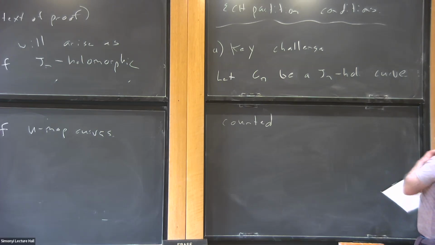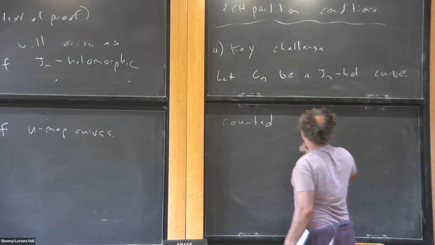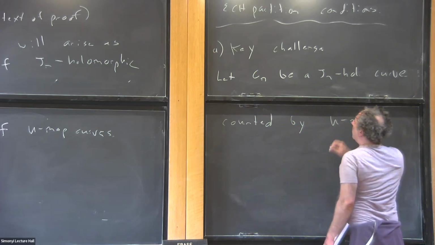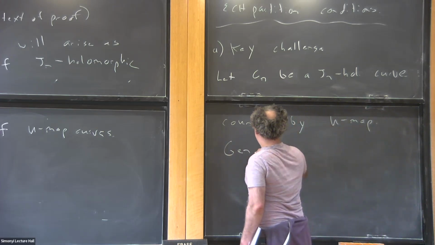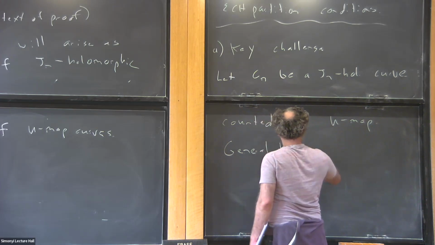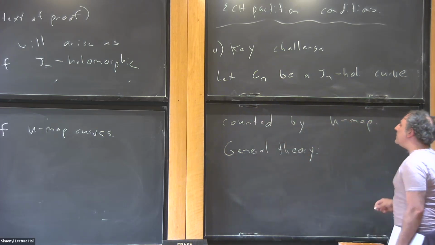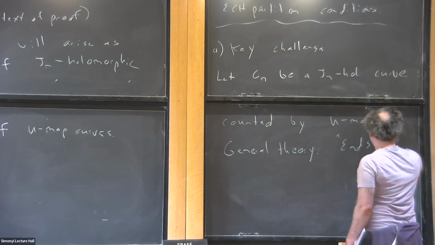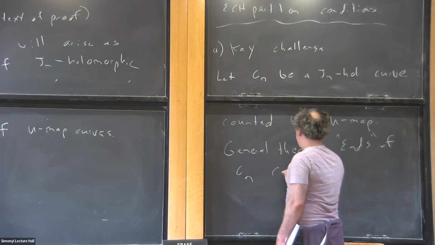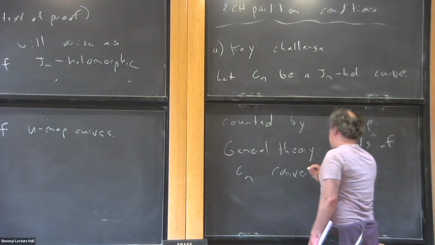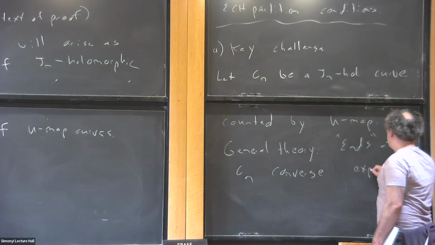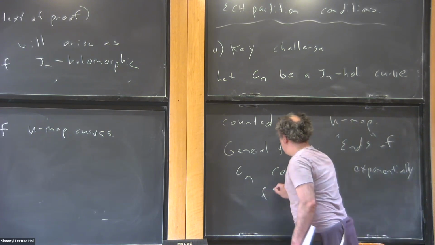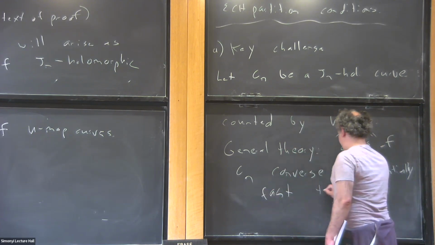Okay, so anyway, let's say I have a J_n holomorphic curve counted by the U map. So general theory says that the ends of the curve, the ends of C_n, converge exponentially fast to